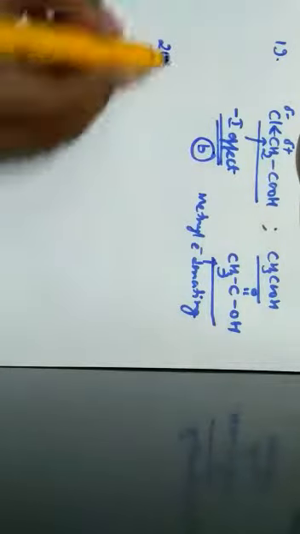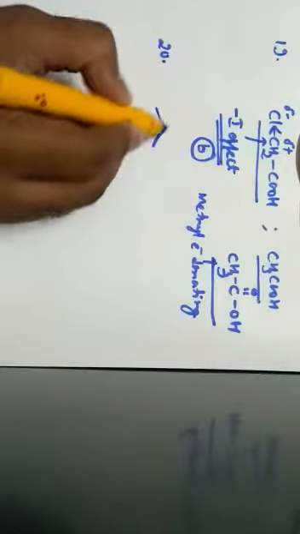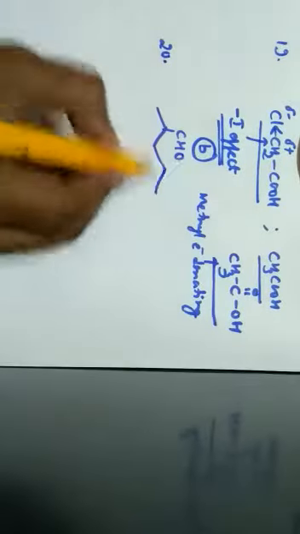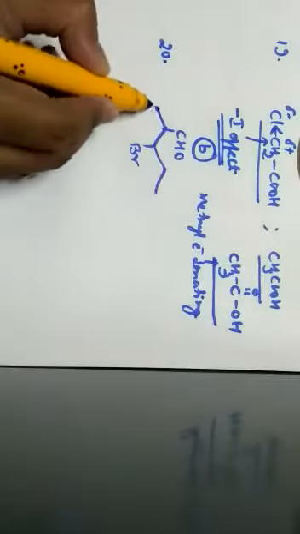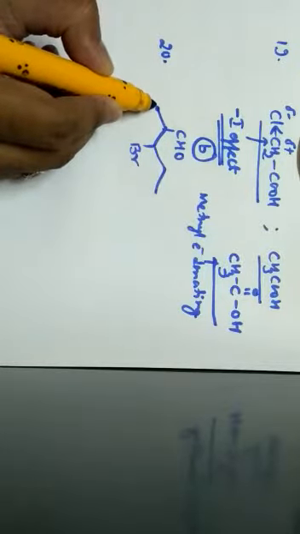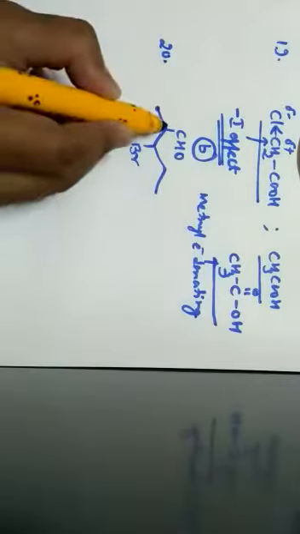Next one, question number 20. The IUPAC name of, so they have given a bond line structure. So this is the representation they have given. Let us split this and write. So here there is a carbon where there is no attachment of any group. Hence this terminal carbon is considered as which group? CH3 group. So here carbon will be there.